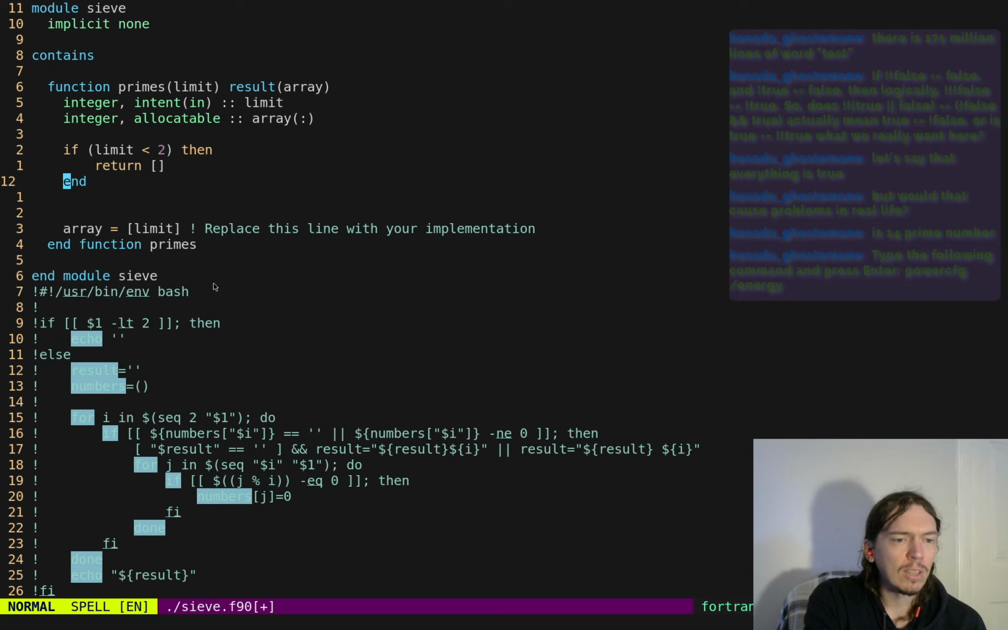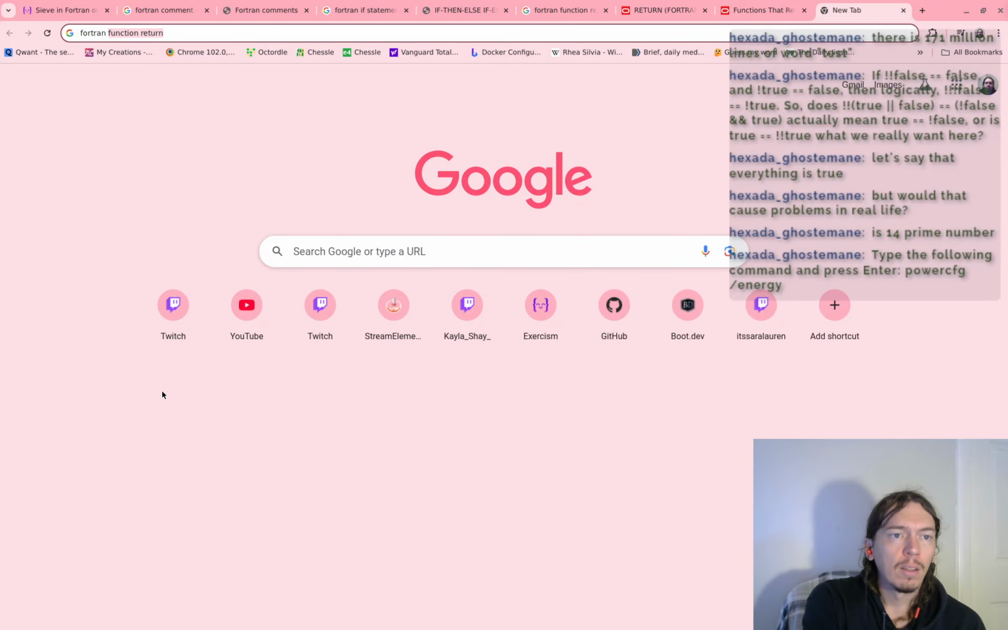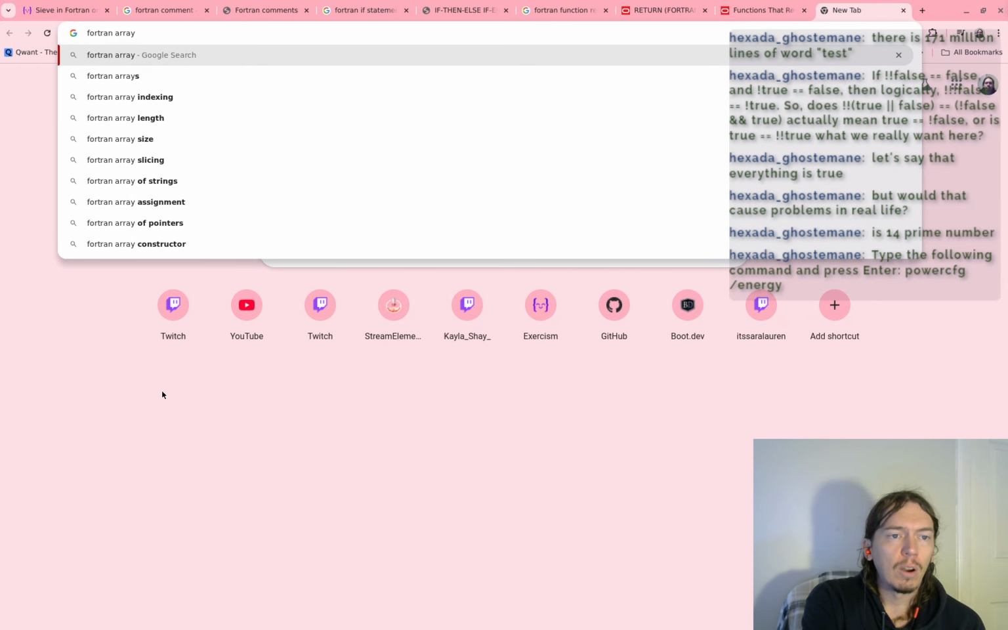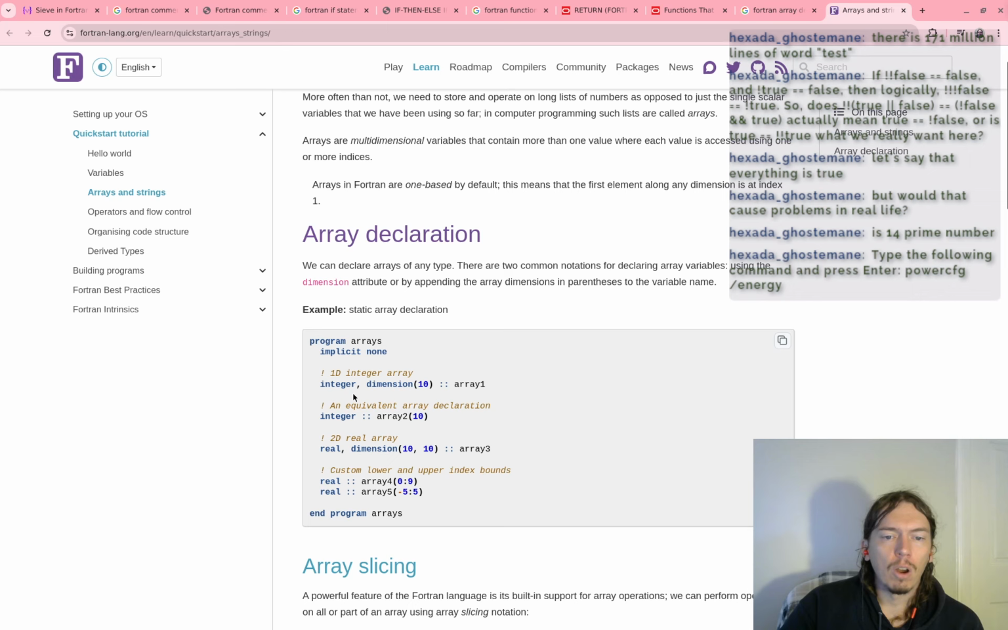All right, so then the next step, we're going to have result and numbers, I guess. Okay. So the result should be an array, and the numbers are going to be an array. So Fortran array, what? Array definition, maybe? Declaration, maybe? Fortran lang, okay. So